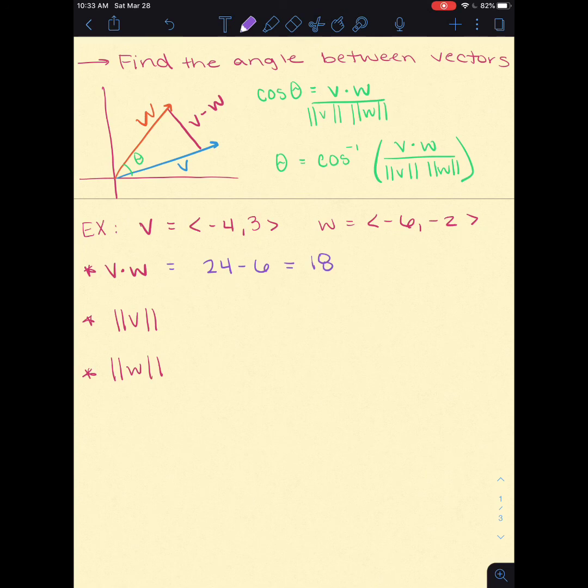The magnitude of V, plugging that into the respective formula. Let's see, we're going to have negative 4 squared plus 3 squared, which gets us the square root of 25, which is just 5. And for W,